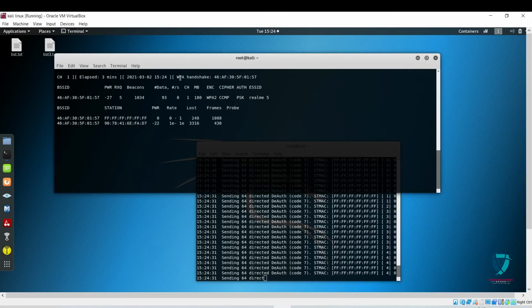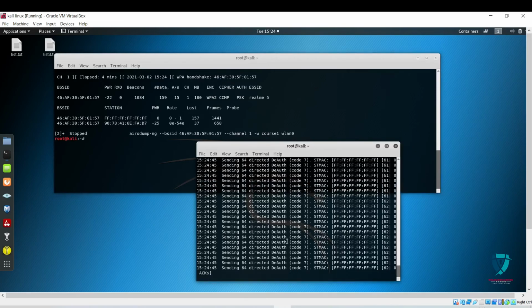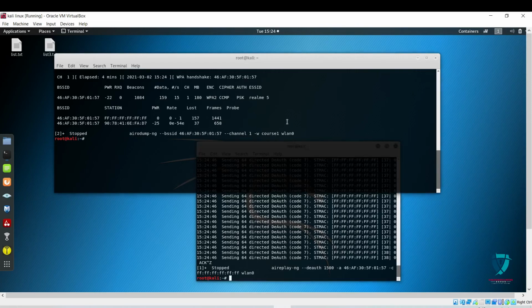Our main motto is to receive the handshake, and here we have received it, and right now I'm going to stop this deauth. The deauth has been stopped, and we received the handshake. Right now we have to crack this handshake.